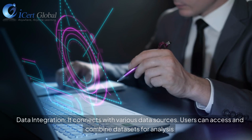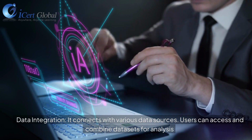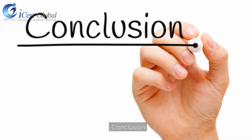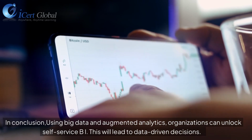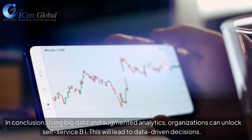Data integration. It connects with various data sources. Users can access and combine datasets for analysis. Conclusion. In conclusion, using big data and augmented analytics, organizations can unlock self-service BI. This will lead to data-driven decisions,